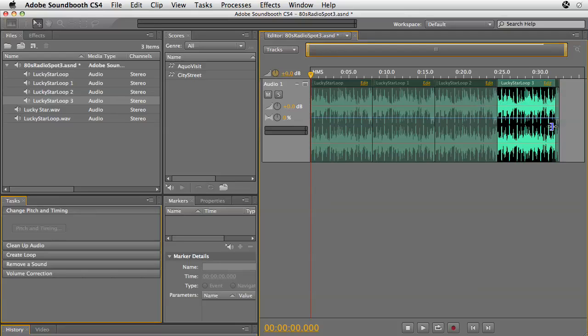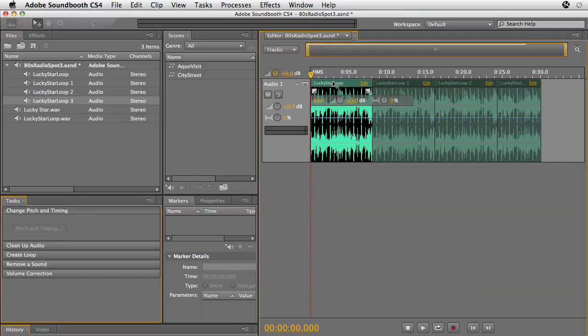Now you can trim that audio just like you would footage in Premiere. So I'm going to make that 30 seconds. Now I want to fade these in and fade them out. If you look, there's these handy little fade in boxes. And you can fade in a couple of ways. If you just drag right to left, it'll just fade in equally, an equal amount of time from quiet to